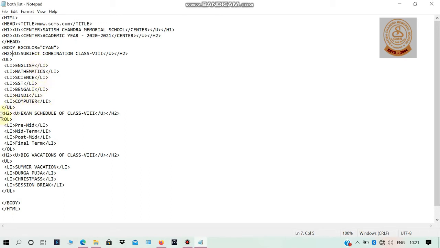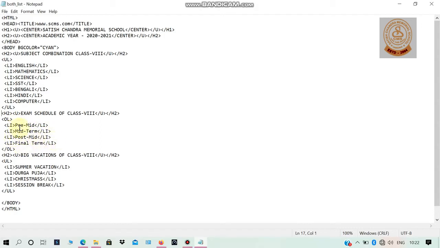After that, I have given another semi heading, starting with H2 heading size and then the U tag. After that, the heading is exam schedule of class 8. Then the U tag is completed with the ending U tag and then the ending H2 tag. So this is the second semi heading. After that, under this heading, one ordered list is created with the OL tag. We have 4 scheduled exam names: pre-meet, mid-term, post-meet, and final exam.